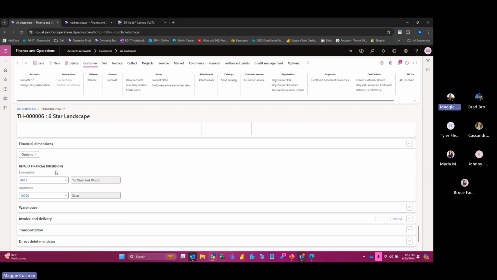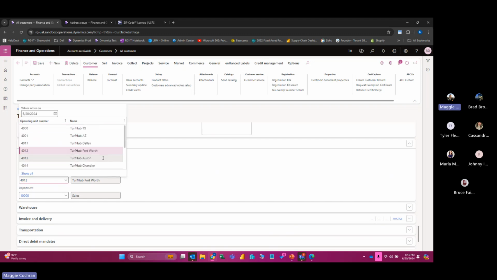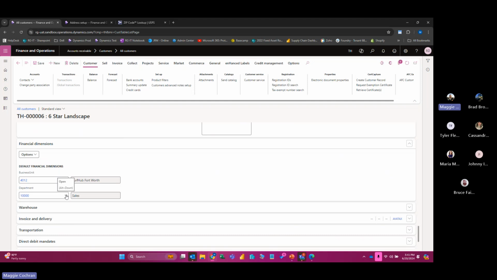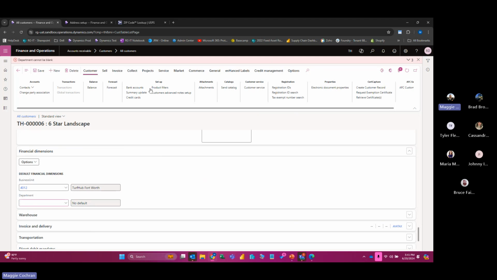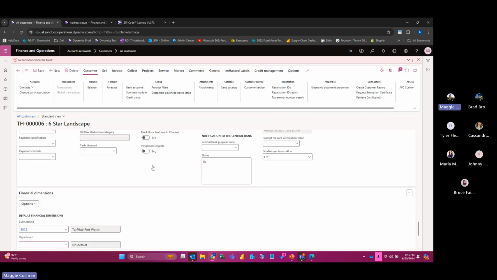So obviously financial dimensions, I think we talked about a little bit before that. This is everything that's being driven on the ledger accounts. And you can see here that we have a bunch of different financial dimensions. And I think that if this were blank, I think it would be yelling at us. Yeah. So this is an example of a red error that's telling us you cannot move forward,